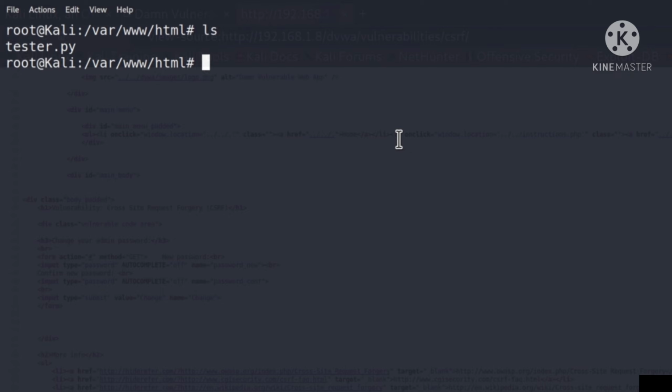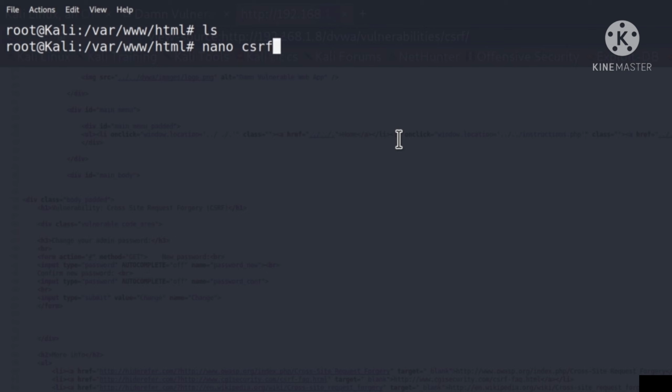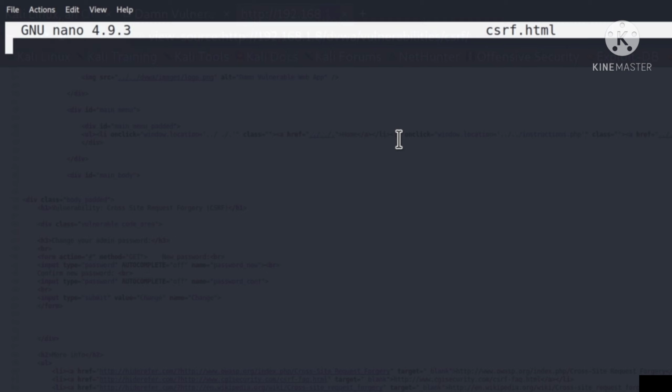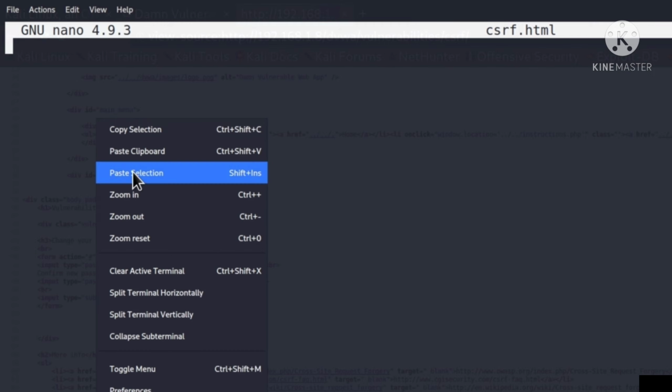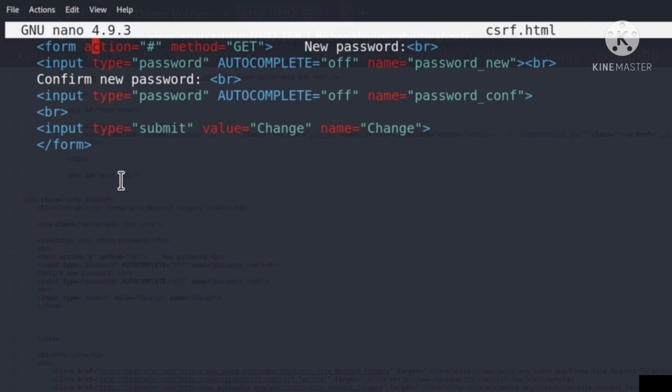If I type ls, we got our tester.py, we can remove it, we no longer need it here, and once you got this directory clear and empty, let us nano csrf.html file. Let's call it like that. Feel free to call it anything that you want, just make sure that you have this HTML extension onto this file. Now that we opened it, we can paste the code that we copied from the page,